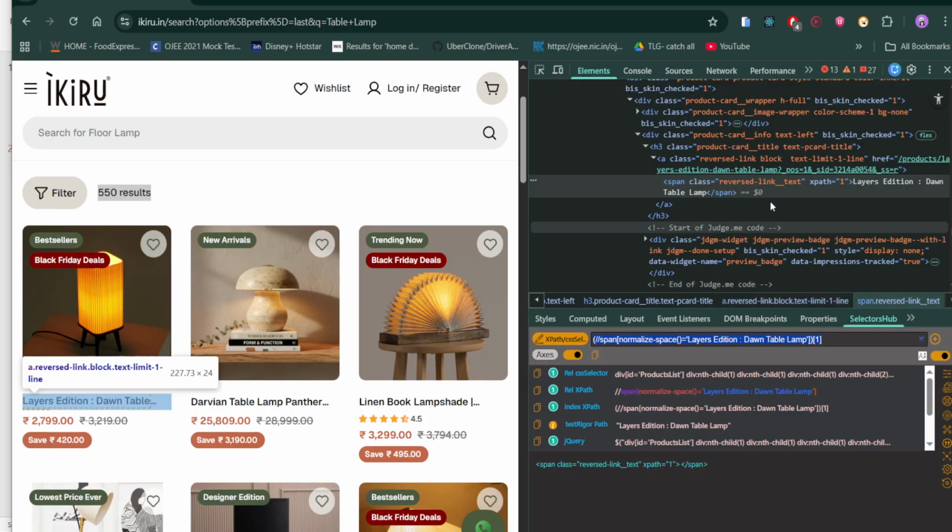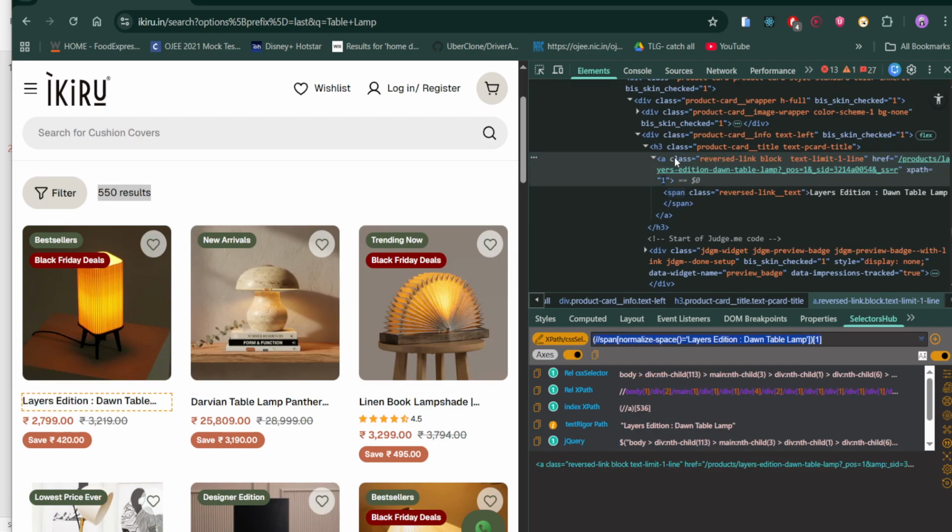Otherwise, here you can see the class. You can go to this particular anchor tag and copy this path. Otherwise, we can simply write the XPath on our own. You write